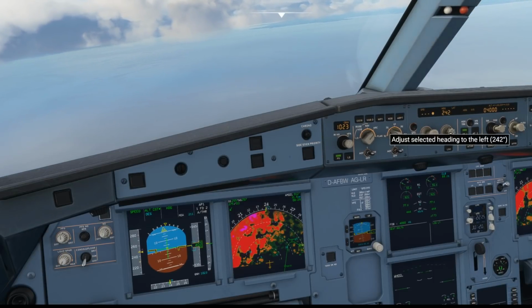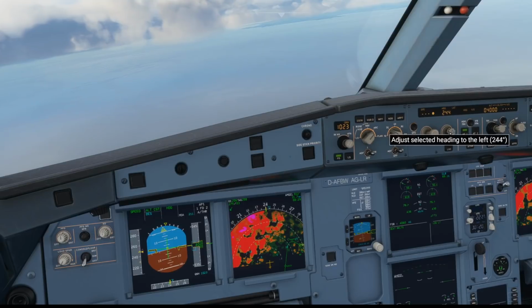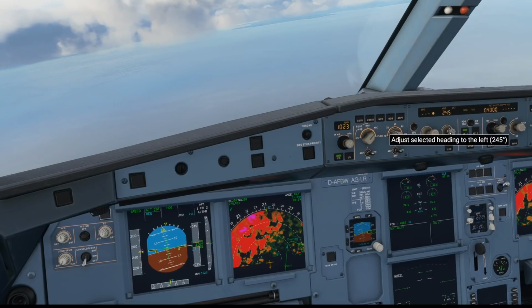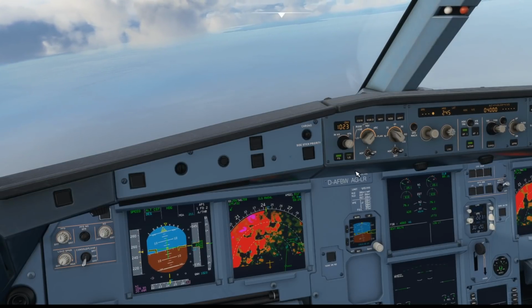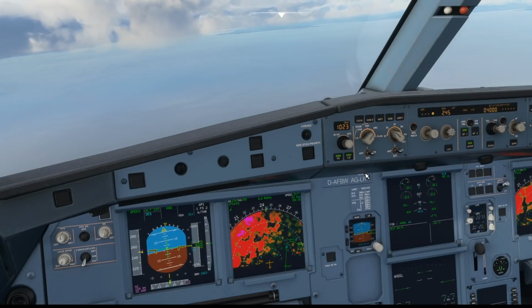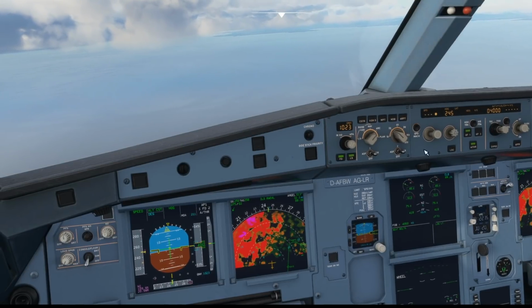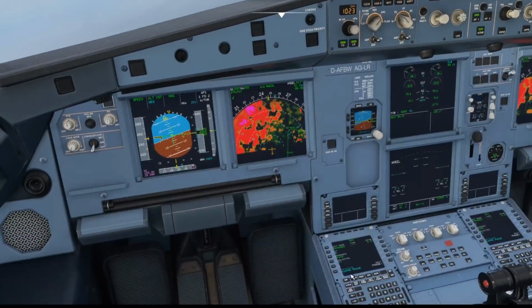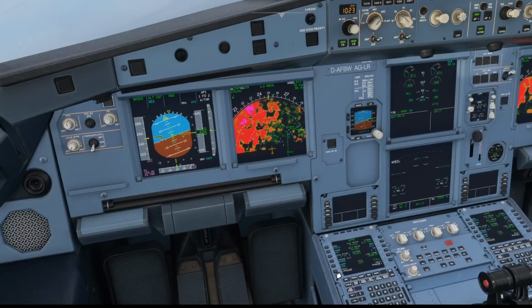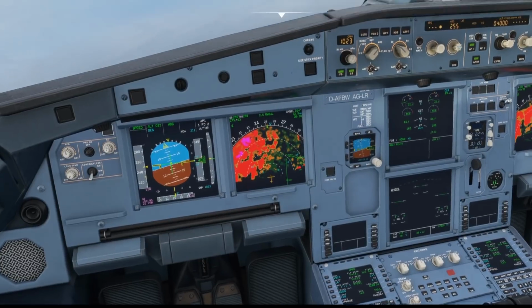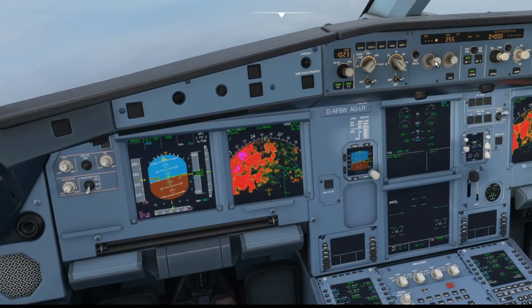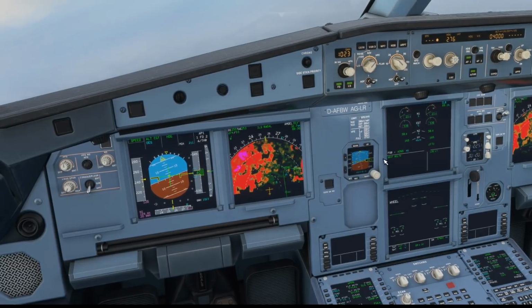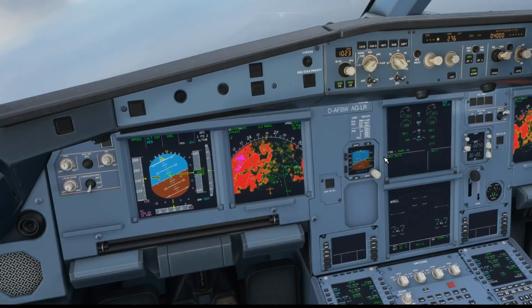This is a Cat 1 approach, which means at 1,000 feet we're going to turn the autopilot off. I'm just obviously chatting with you guys, and keeping an eye on this approach as well. What I'm now going to do is enter the approach phase, and that should start slowing the aircraft down for us. Okay, so at 1,000 feet we're going to take the autopilot off, and the first thing we need to